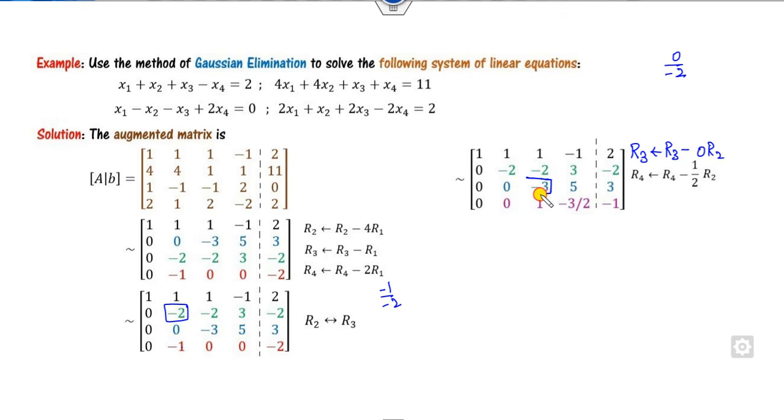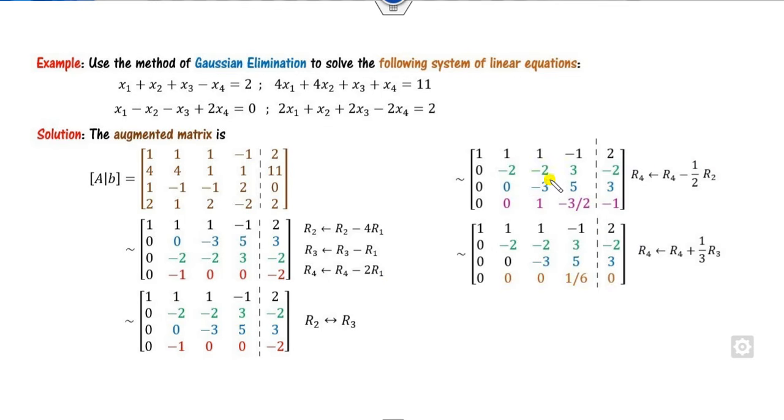Now you can make this value a box element, because this is non-zero. Because you can see I make them 0, I can write the first row as such, second row as such, third row as such, and I can find this new value. For example, how can you find these two values? You can see the box element is here. So it is +9 over 2 minus 5 divided by the box element -3. So it is 10 minus half divided by -3. It is 1 over 6.